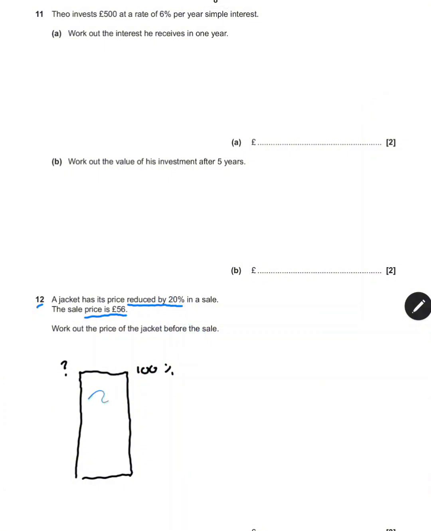We know that the jacket is reduced by 20%, so this is the 20% that we're removing. And when we remove that 20%, we're left with 80%. And 80% of the whole total is the £56 that we're told. So what we need to do is scale this back up to 100%. So if 80% is